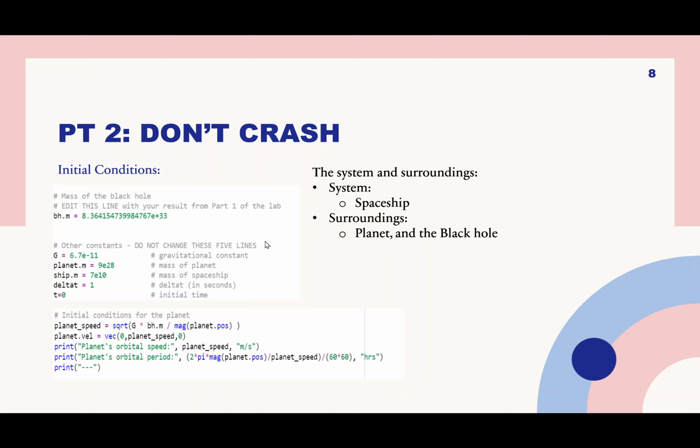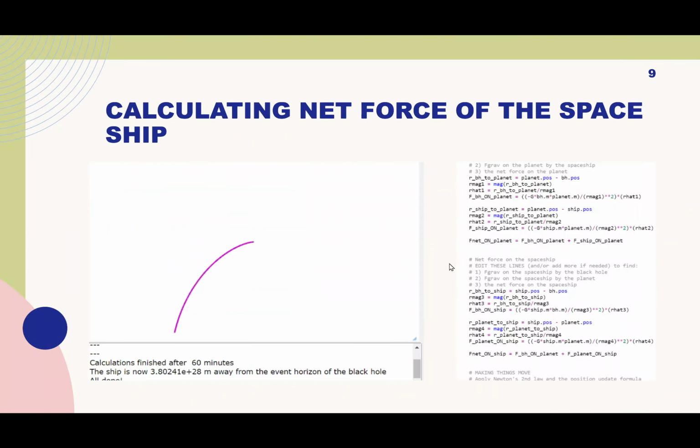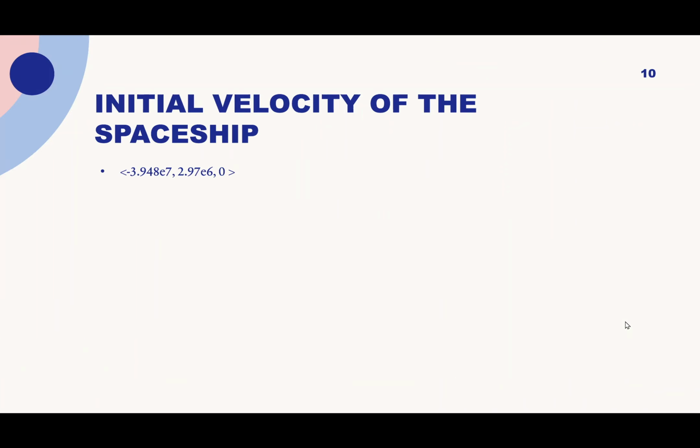The system and surroundings: the system is going to be our spaceship, and the surroundings are going to be the planet and the black hole. Calculating the net force of the spaceship took a lot, to be honest, but here we have the force of gravity on the spaceship by the planet right here. We calculate this all right here, and then we move forward to the force of gravity on the spaceship by the black hole. It's right here, and we combine all of that